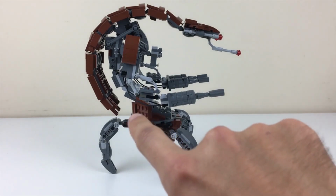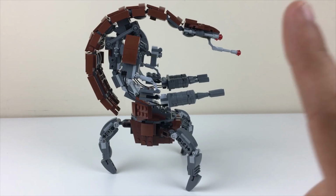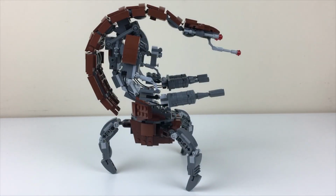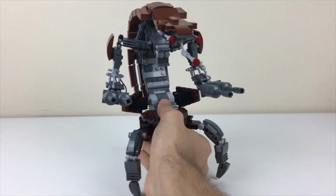You can see that the whole overall shape is very similar to what was presented on screen. I was trying to go with the Phantom Menace model of the Droideka, because it has been modified over time for appearances in the Clone Wars and other things. But I think the most pure depiction of it that we saw was in the Phantom Menace, because that was the debut of the droid. So you can see that I've replicated the round, beetle-like shell that it has, and then it supports itself on the three legs, and then of course it's got these cannons on the side,